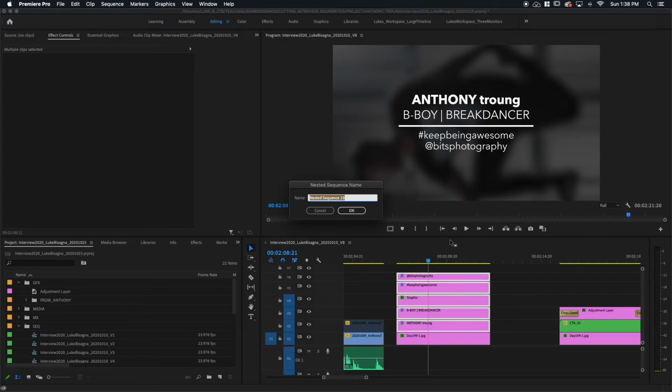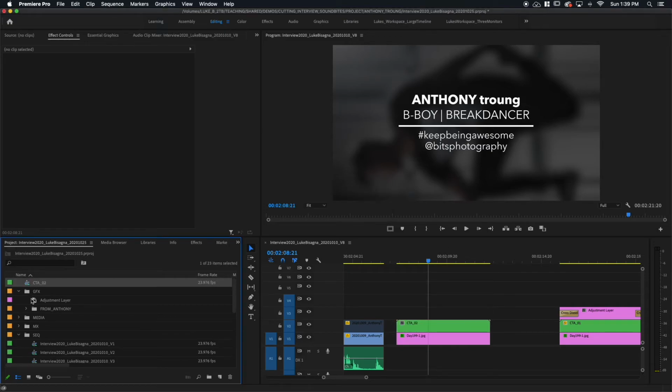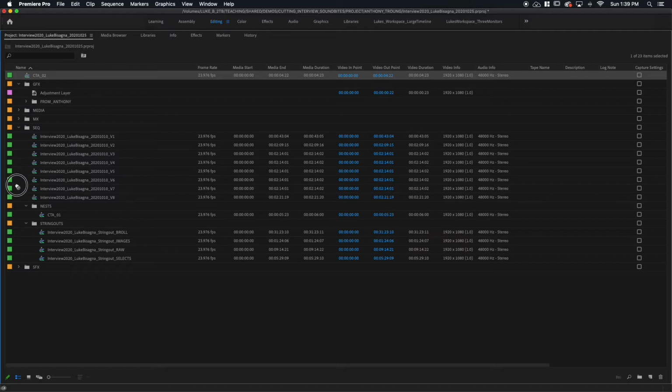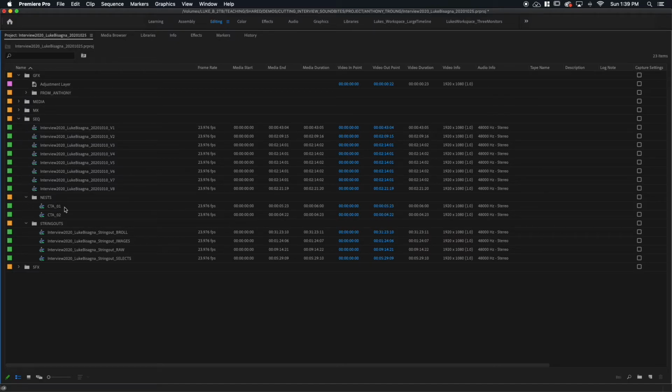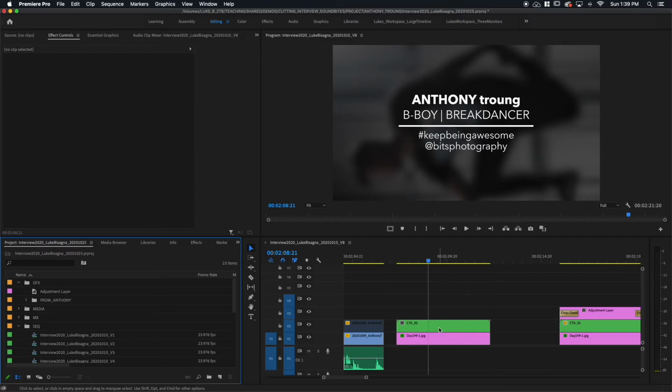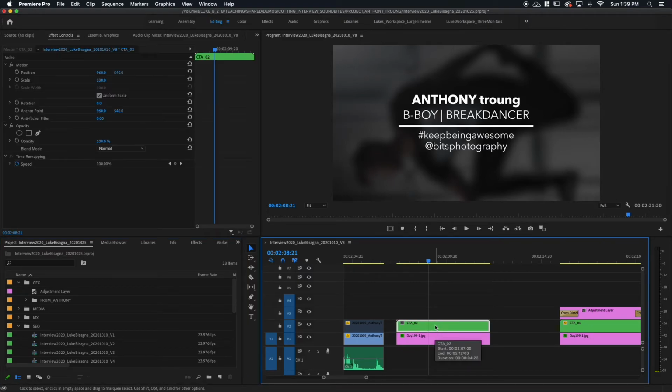And I'm going to name this nest just like I named the one in my example, CTA, except I'm going to use 02 this time. Click OK. And you can see it's located randomly outside of any bin. So I'm going to hit my tilde key here while rolled over my project panel and pull that down into my nests bin. Excellent. Tilde again to get out. And you can see they've all been collapsed now into one thing that I can now manipulate as one item.